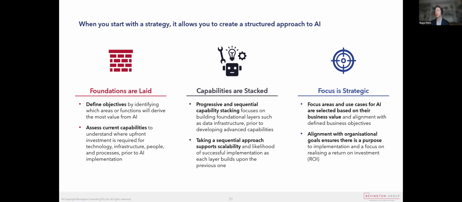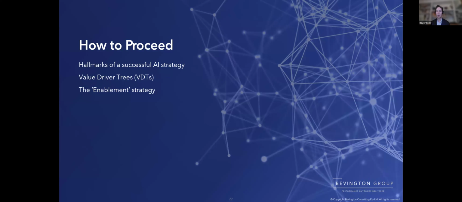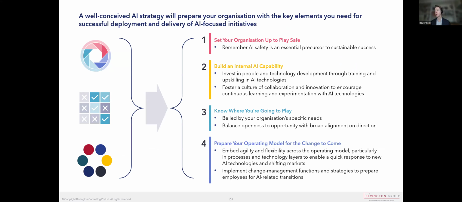And bear in mind, it's not just where you choose to play, but it is to an extent how you build your infrastructure as well. Okay, so given all of this, how to proceed? So bear in mind, we have argued that AI has some inherent complexities, lots of places you can play, lots of different types of models, and actually lots that has to be done. So it's not quite as cheap as it looks.